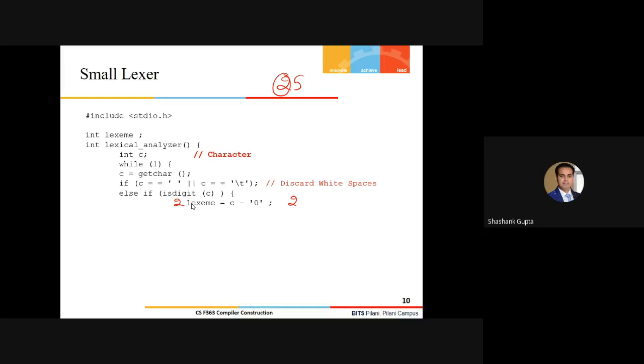Excuse me, sir. Yeah. Sir, I have a doubt. If we have to scan 25, first we'll scan 2, then the integer 2 will be stored in lexeme. Then, when the loop continues, we'll scan 5. So this same lexeme will be overwritten with 5. So no, I did not show you the rest of the code.